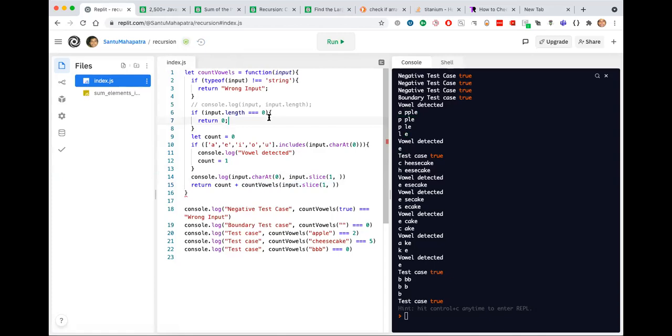Can we print count? No, we can't. I mean, we can do it here, but the count will either be 1 or 0.